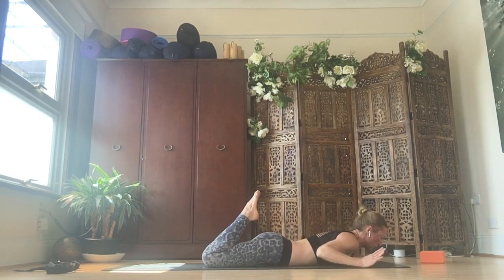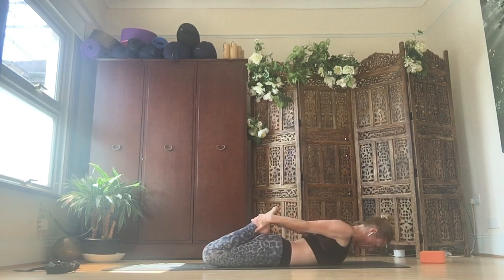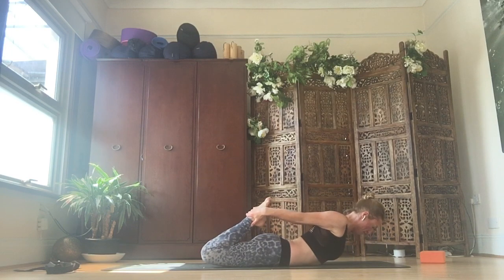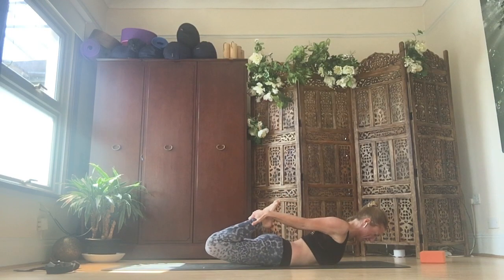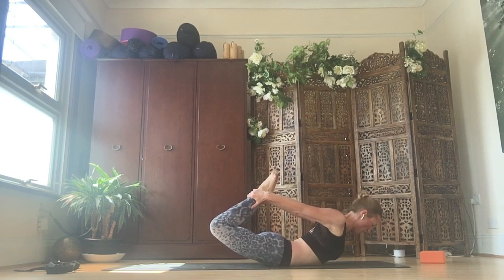Point your toes behind you, reach for your feet, hold your ankles or your feet, side of the feet. Draw your chin in, start to just lift your chest, move the shoulders back and down, kick into your feet and hold it here. You can bring your hands a little further down towards your shins if you like. Reach up the chest. This is always my nemesis. And lift up, and if you like, you can rock a little bit forward and back,